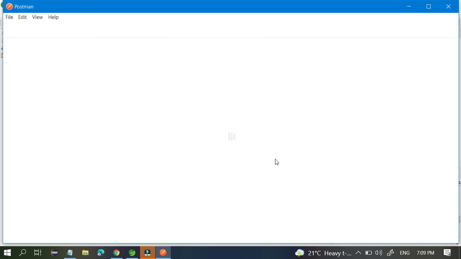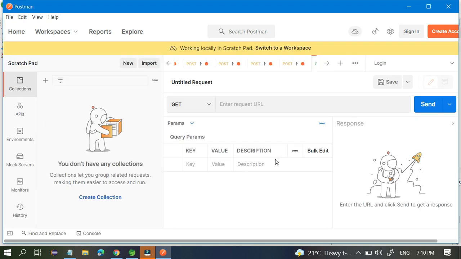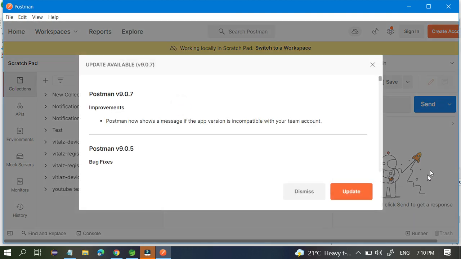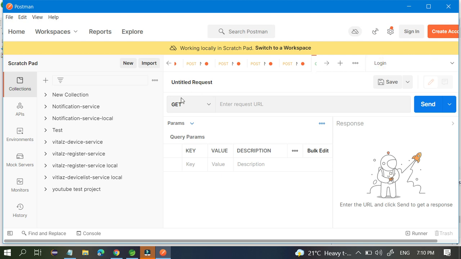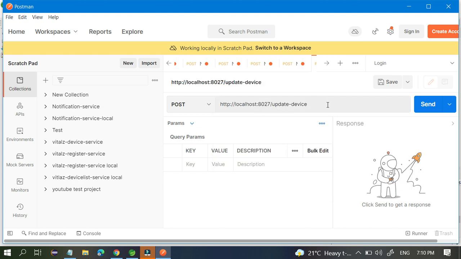So just take new. Yeah, right now it's a new one only. Take the method post, like you have created post now. So http localhost and 8081 is the port number, slash upload file. Be careful here, because you have to see very carefully.